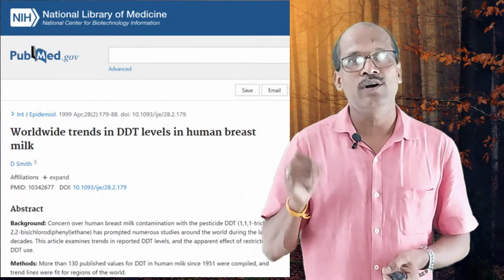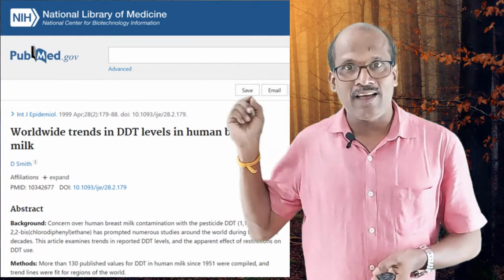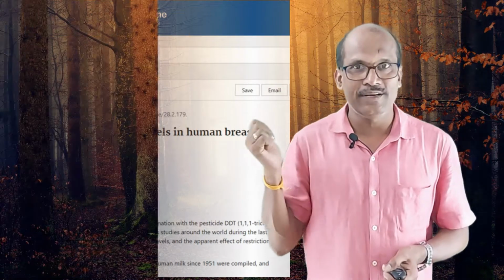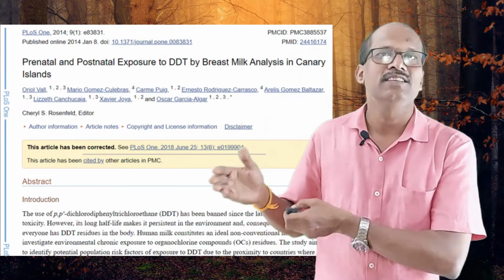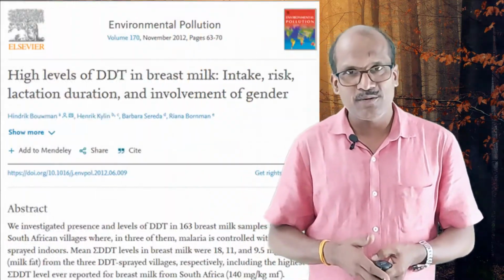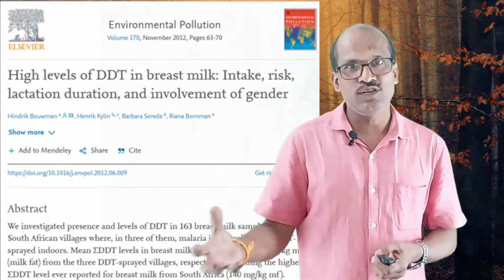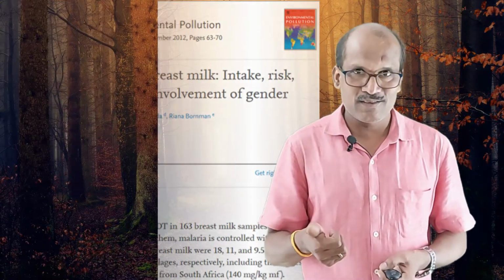The DDT has entered our body and disturbed our immunity. DDT, as you can see, the scientific researches have been done. DDT has been found in the breast milk of breastfeeding mothers, leading to diseases in the babies. We started suffering from the side effects of DDT, but the organisms against which it was used developed resistance. So that is the main reason why nowadays DDT is not used. Friends, this is what I wanted to tell. This is the science behind the use of flags.